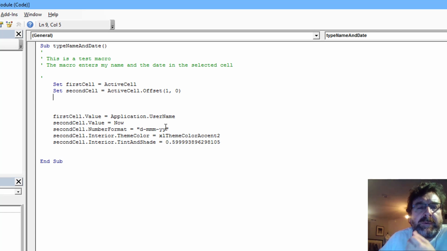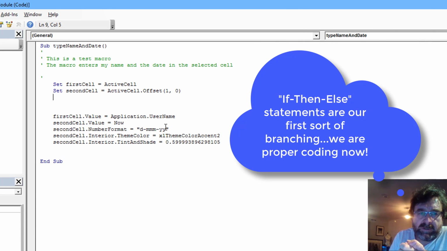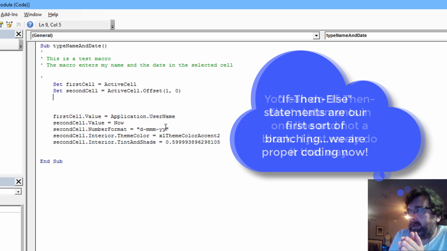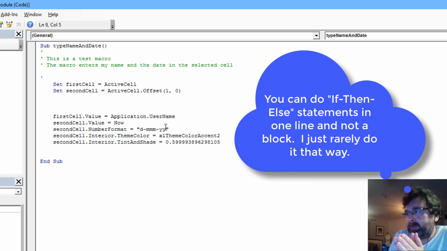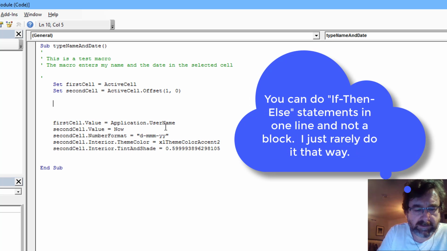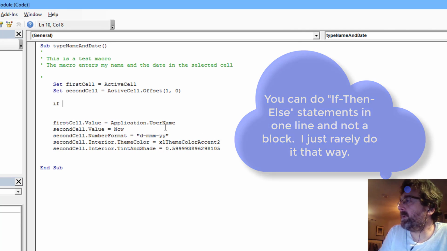Okay, so now we're going to do our first If statement, and almost always when I do my If statements I do them as blocks. We talked about that in the last video, and I'm going to write it out now and then explain to you what I'm doing. So I'm going to say If firstCell